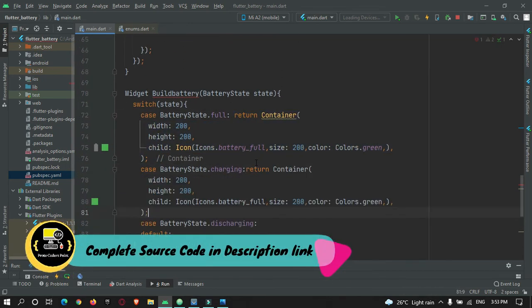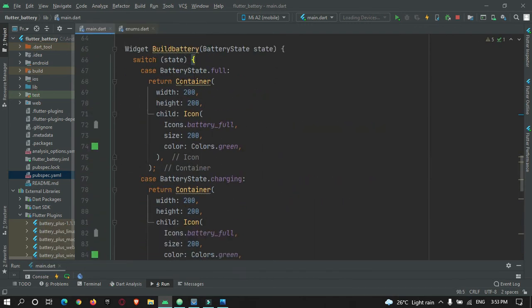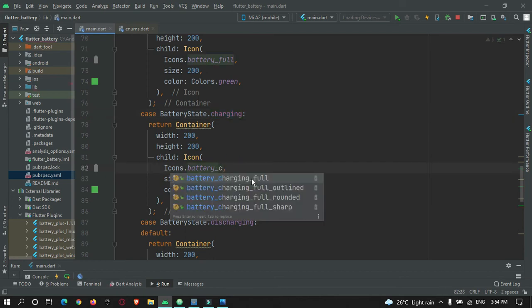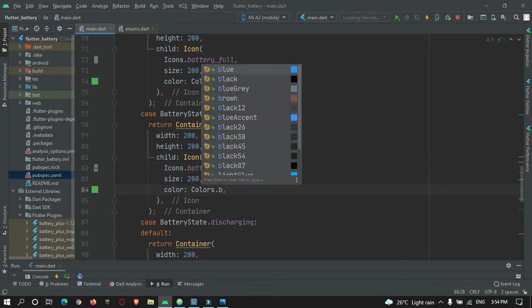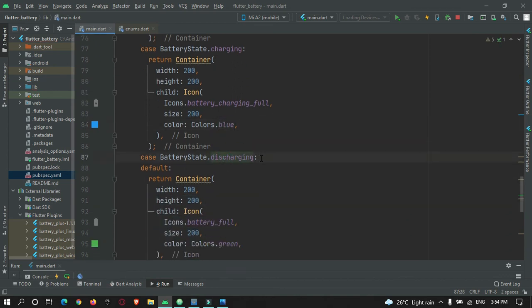So if it is full, then show the battery full icon with a green color. If it is in charging mode, then show battery charging full, and for charging we will give the color blue. For discharging we are going to make use of the default.